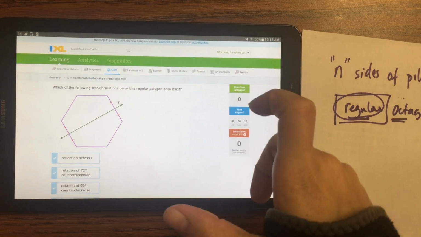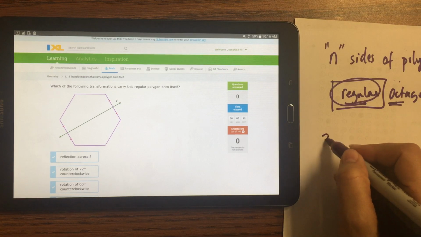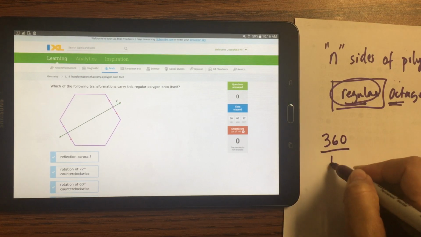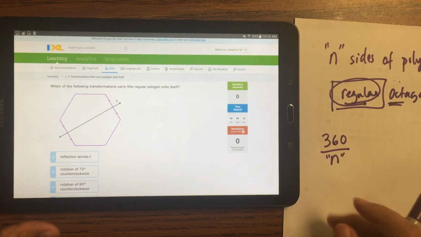So to find the rotational symmetry of any shape, all you'd have to do is 360 divided by the number of lines of symmetry. This is what that is. Okay, so for example, looking at this question,